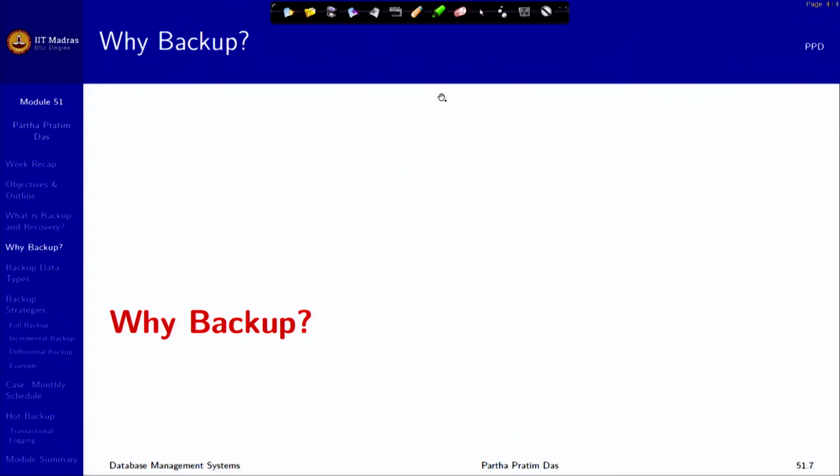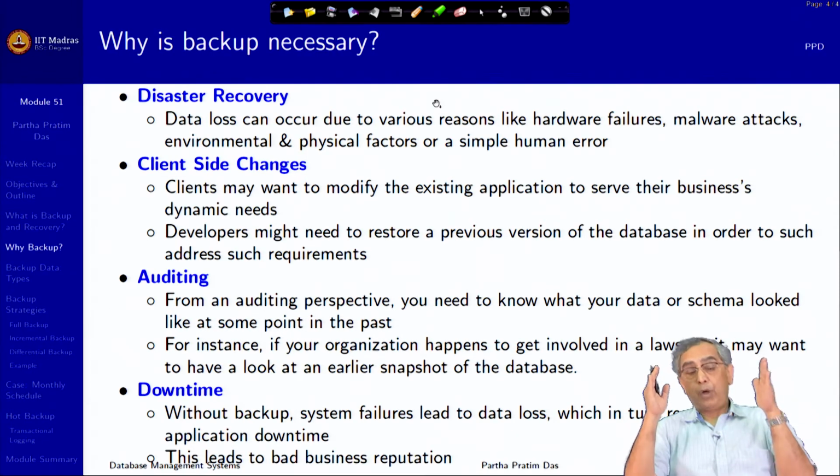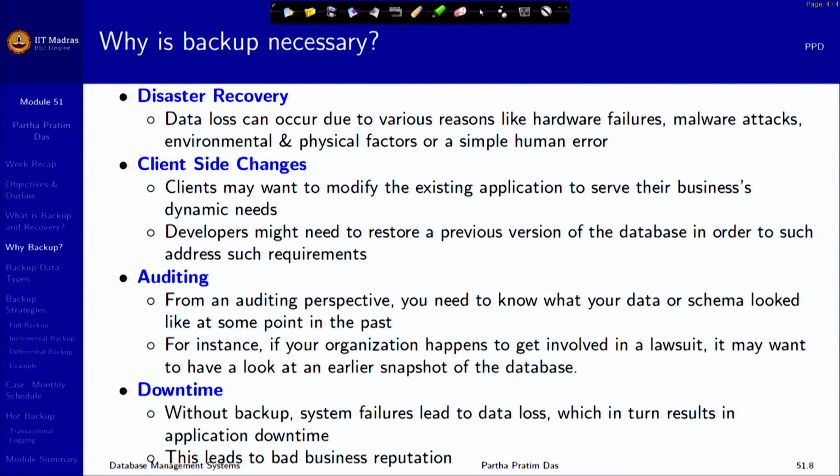So, this is what the types are, and why backup is necessary. Now, what are the different situations for which you will do backup? Depending on your requirement in future, the nature of the backup could also be different. We just explained the need for backup for disaster recovery, which is quite obvious. But there may be needs according to basic business process changes. Clients want to modify the existing application to serve the business needs that have evolved at a later point of